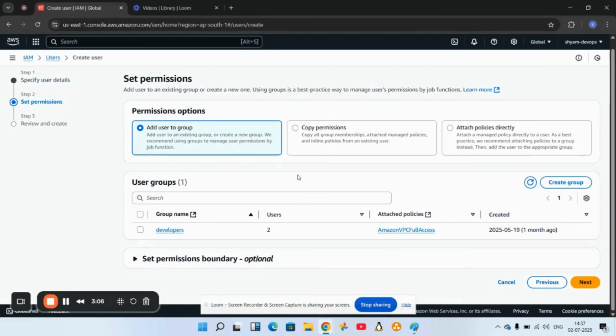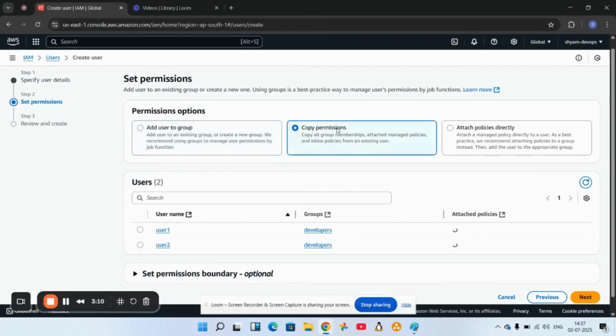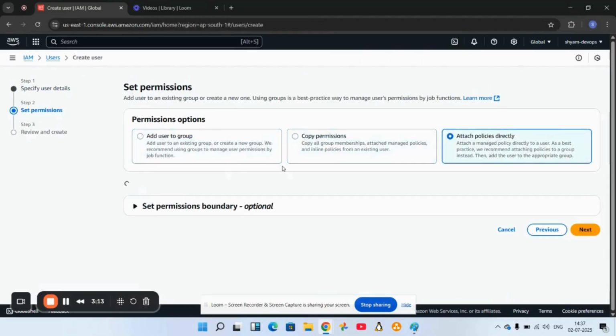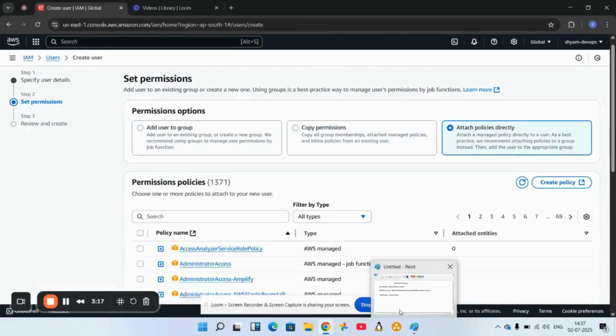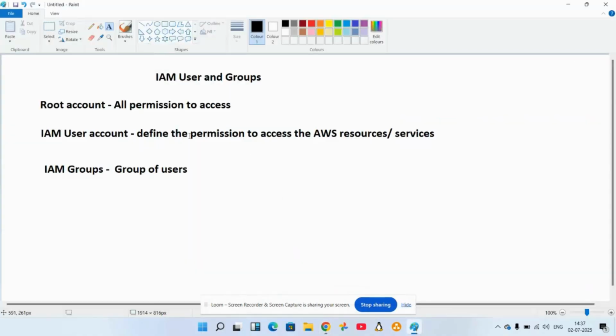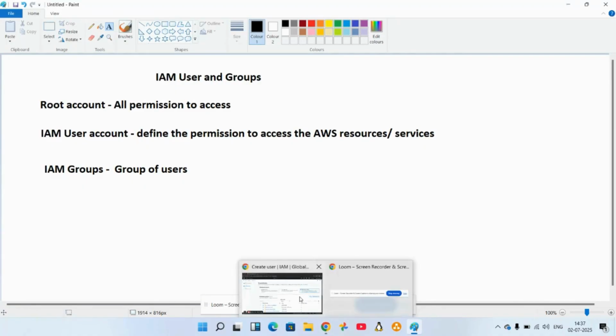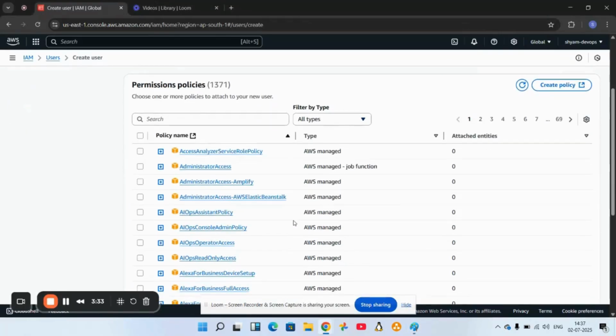Then we have to attach policies. Policies are something I mentioned before. Those are the permissions. As I said, we have to define the permission in AWS for this IAM account. I am creating the IAM user account now, and I am going to give the permissions. That is what is called a permission policy. So for example, I will give